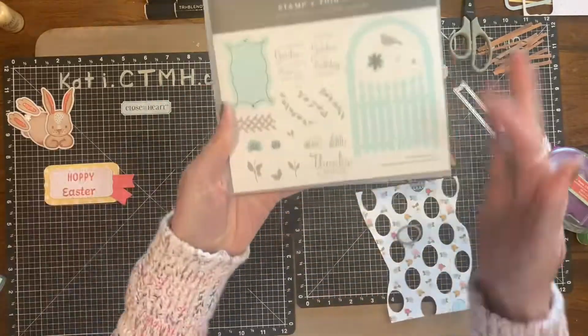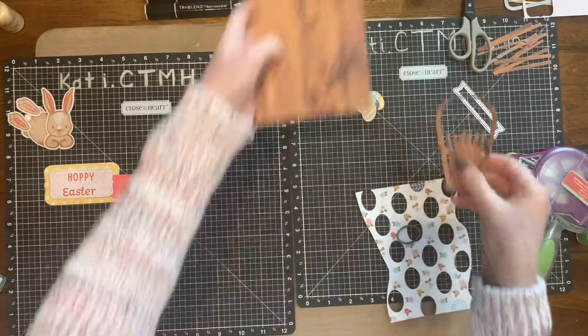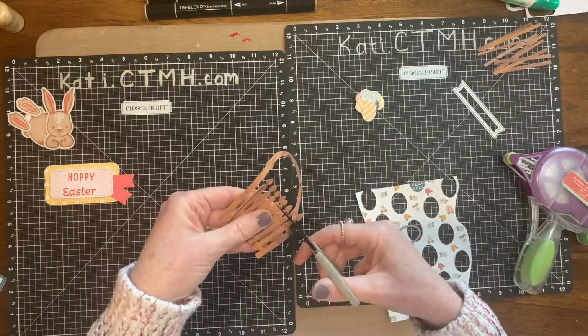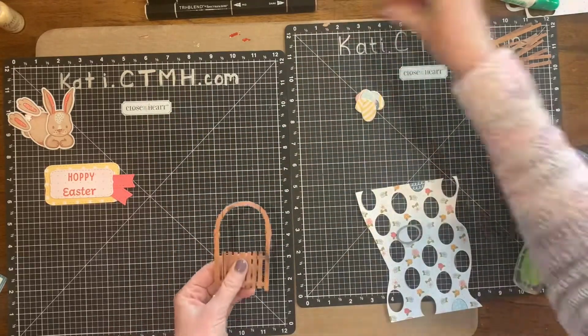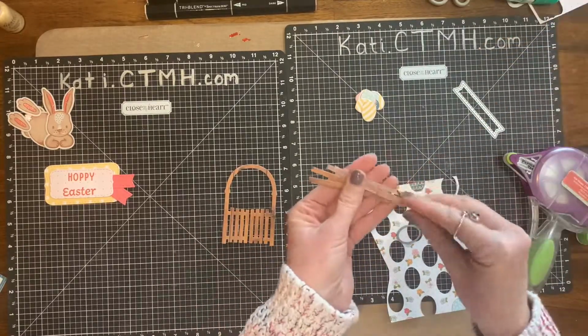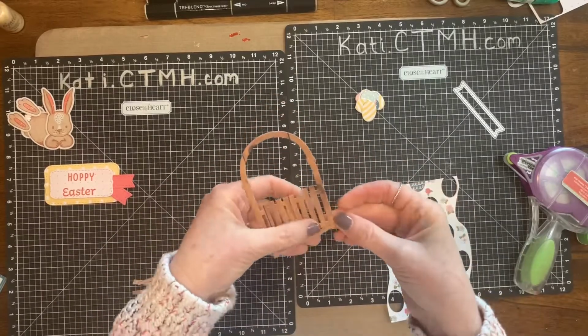Next, I'm going to work on my gate. So this came from the Daisy Meadows Cardmaking Workshop Kit. I cut this gate out, and I'm actually making an Easter basket out of it. So this is my second twist. You'll see I snipped off the very top of that gate, and then I cut a bunch of 1/8 inch strips out of the wood grain paper,